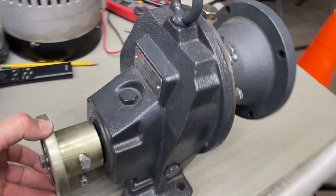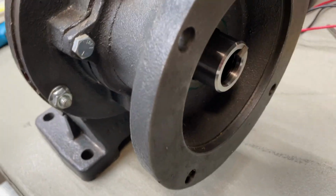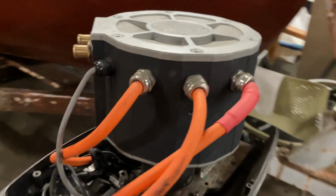Initially, we wanted to use a Dutch-built motor that incorporated the motor controller and the mounting in one unit. Due to the delays in shipping, we were forced to abandon this option. For maximum efficiency, we want to avoid using unnecessary gearboxes. Most gas outboard engines run at 5,000 to 6,000 RPM, and the selection of powerful 48-volt motors that spin fast is limited. We opted for the